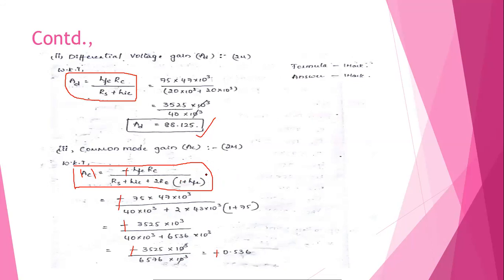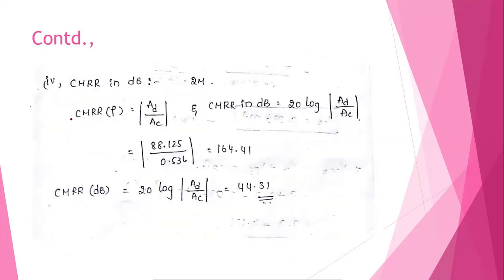For writing this formula, you will get 1 mark. And if you substitute all the values and get this answer, you will have 1 mark. So from this concept also, you will get 2 marks. So here we have 2 and here also you will have 2. So till here, if you write, you will get 8 marks.